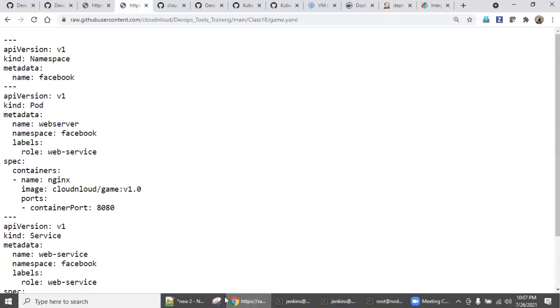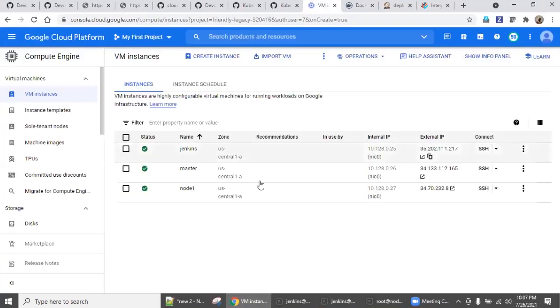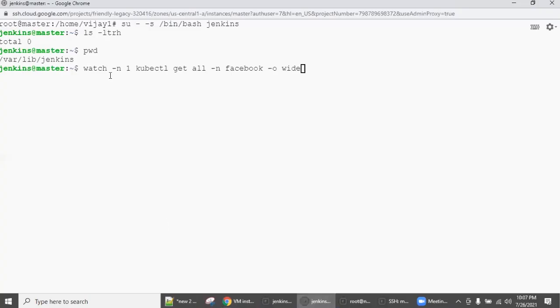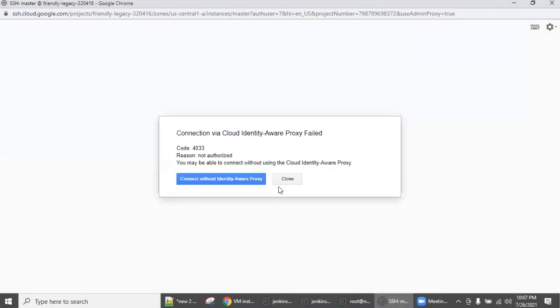If you want more understanding, better open one more master SSH window. Go here, wait for some time, and you can run a similar command but a different one. So copy this and go here.